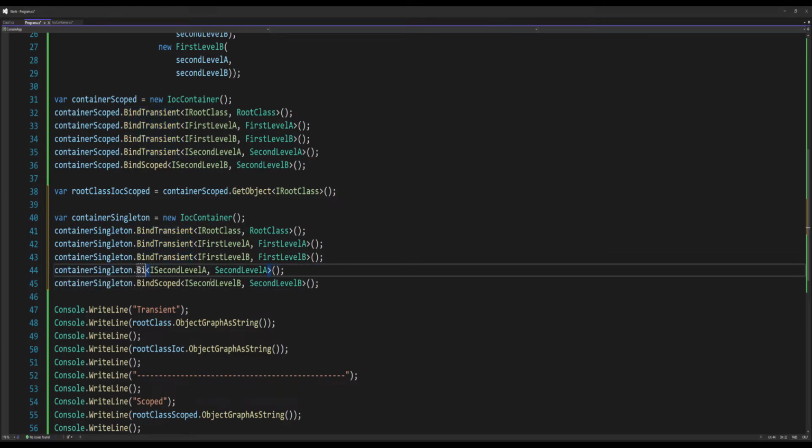the bind scoped here. So the second level A within the object graph of just getting one instance of the iRoot class will have the same second level A instance represented within that one object graph. On a subsequent call, it will be a different one. You'll see when we write to output. And the bind singleton will be the same instance across multiple calls to getting the iRoot class. So second level B will be the same across, in this case we'll do two, but multiple getting the instances